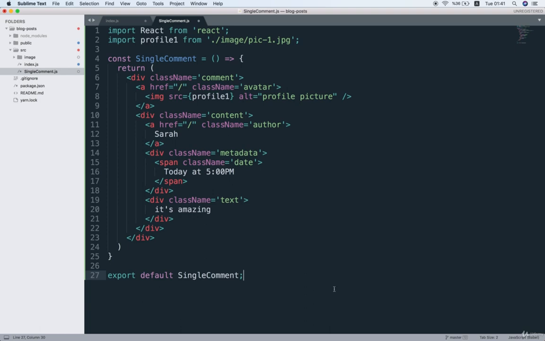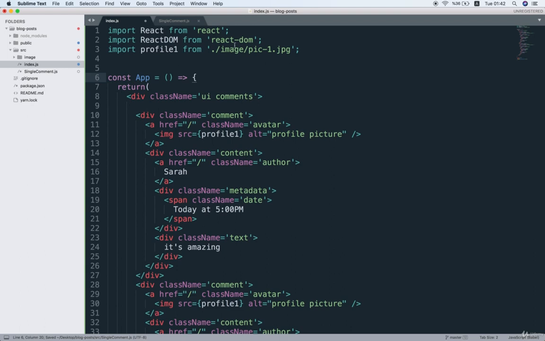Now again, this line right here is what makes this component available to the rest of our project. We're going to talk more about the specific syntax that we're using here in a little bit, but for now, just stay with me. Okay, so now we're going to change over to the index.js file,